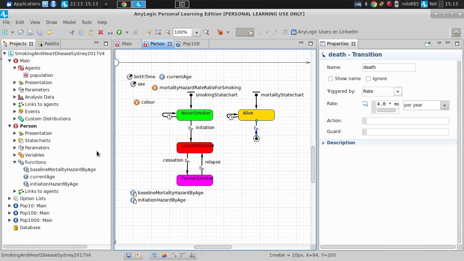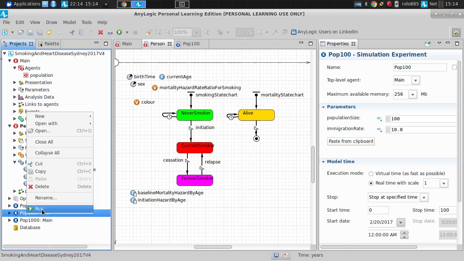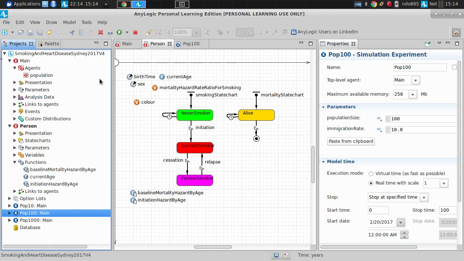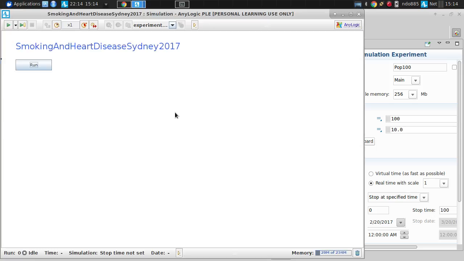Okay, so ladies and gentlemen, we note a pathology with the deaths here. So we have a model where